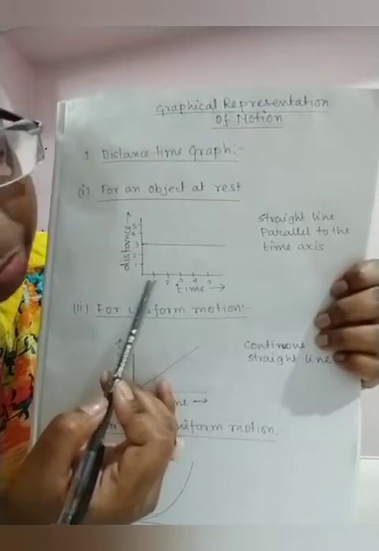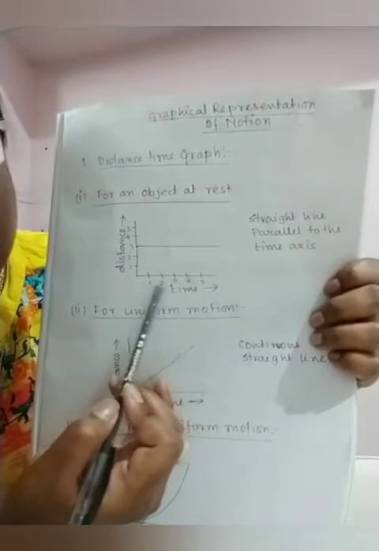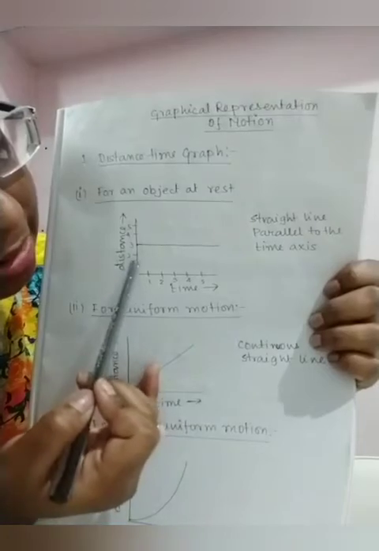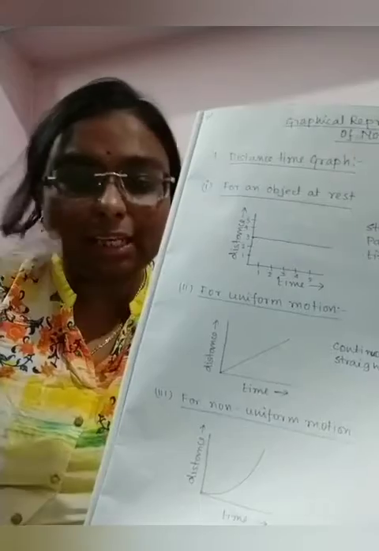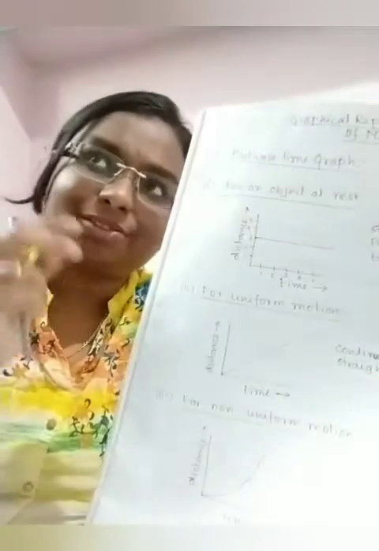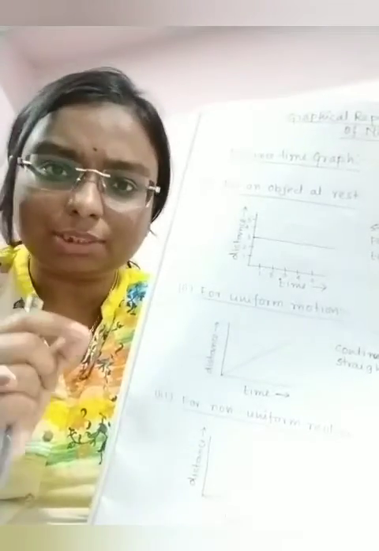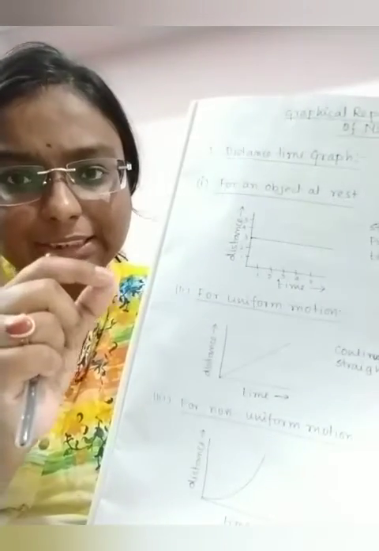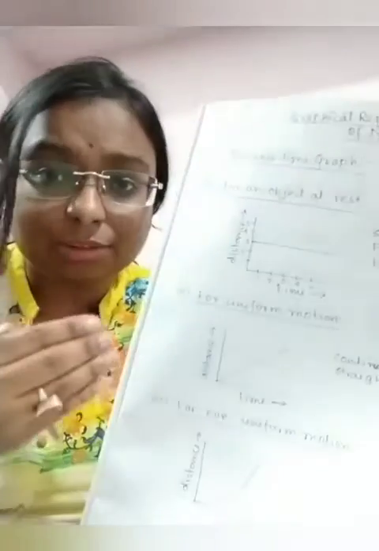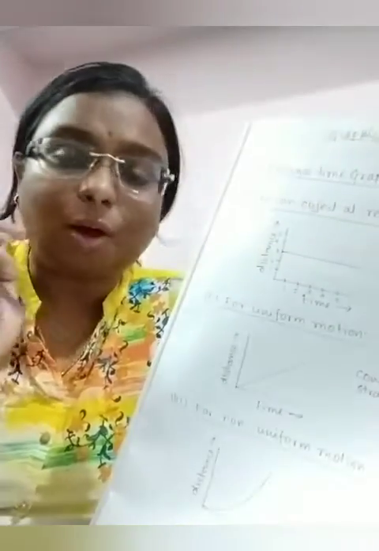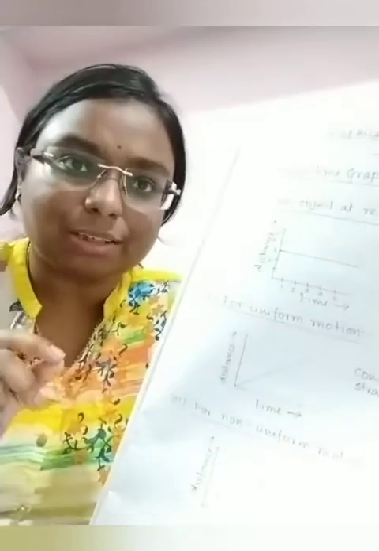Now see, here I have marked 1, 2, 3, 4, 5. So these are the times, and this is the distance 1, 2, 3, 4, 5 and so on. Now suppose in any case the object has travelled a certain distance of say 4. In time 0 the object is at a distance of say 4 meter or say 3 meter. After time 1, time 2, time 3, there is no motion of the object. That means the object is at rest now. So how can we denote that with the graph?